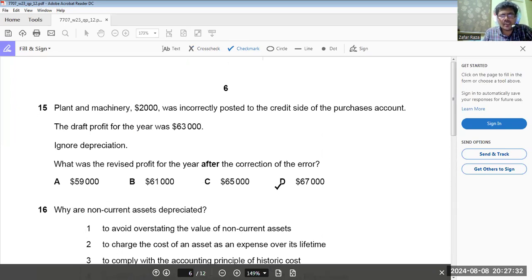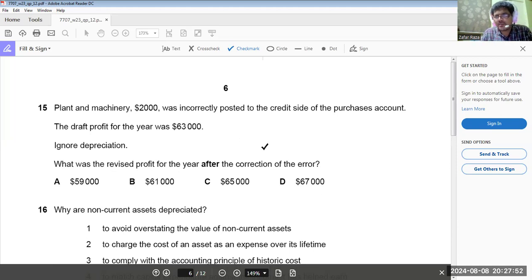Plant and machinery 2,000 was incorrectly posted to credit side of the purchases account. The draft profit for the year was 63,000. Ignore depreciation. What was the revised profit after the correction of error? Okay. The revised profit would be